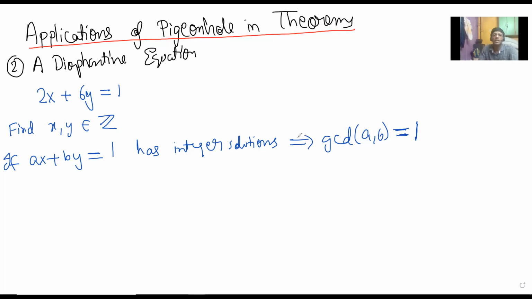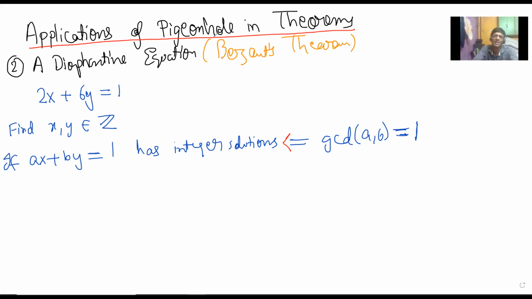But the key thing here is we want to go the other way. That is the fundamental thing. We want to say that if the GCD of A and B is 1, then there are integer solutions. Some of you might have seen this. It is also called Bezout's theorem, and in books it is called that, but I don't usually call it that, because Bezout's theorem is usually some other theorem. If you Google, you will see.